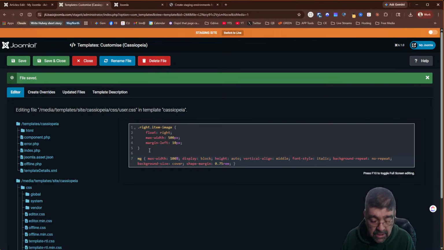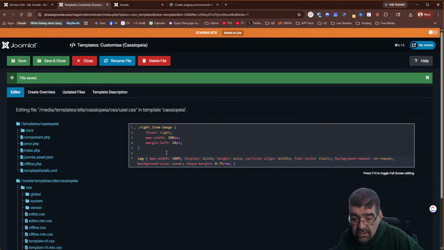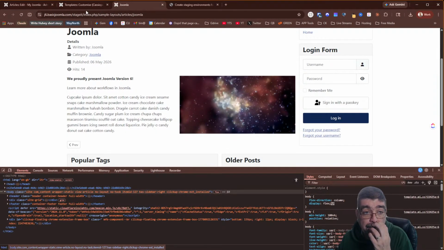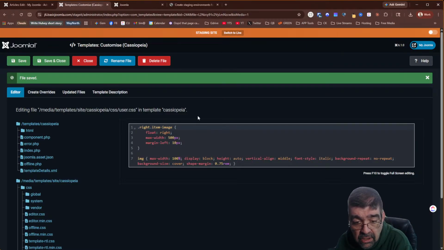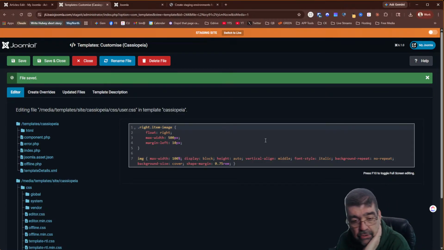I missed the I at the beginning. And Bjorn says that this is a full reset of all images, and save. Let's see what changes here. Not much, but what we did paste here: display block, height auto, vertical align middle, font style, background repeat no-repeat, background size. So this is code that Bjorn uses on your templates. Okay, now